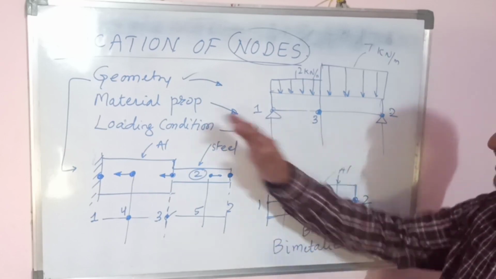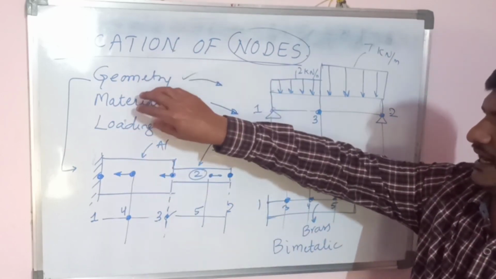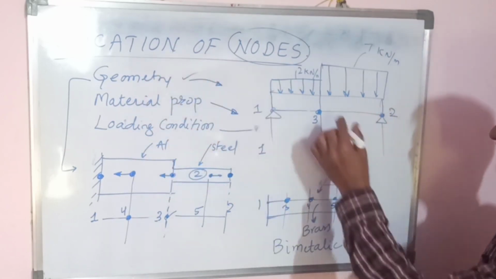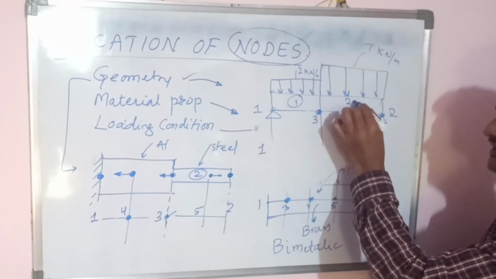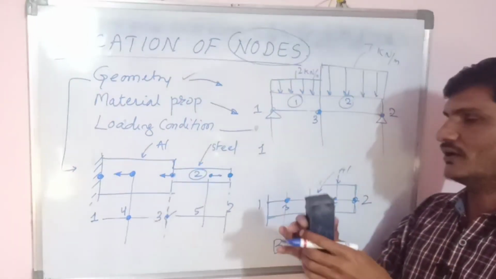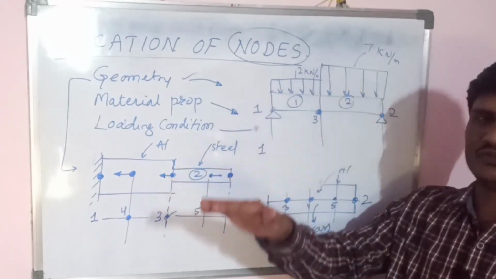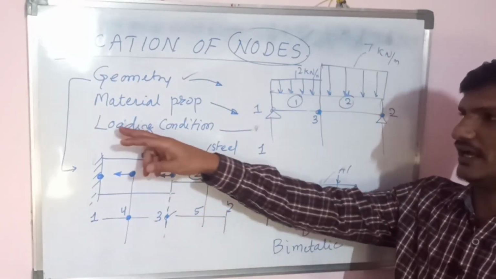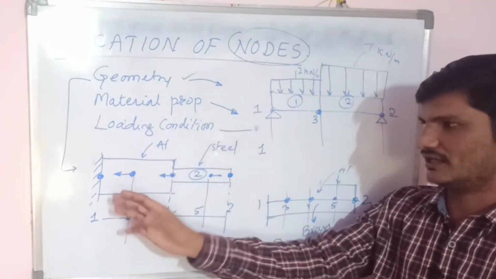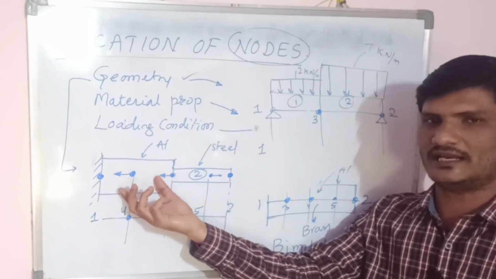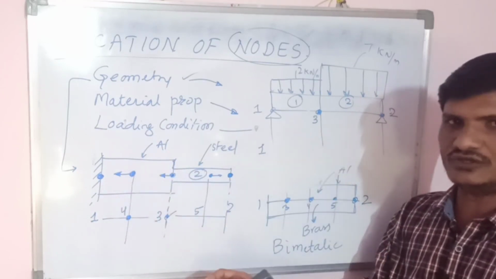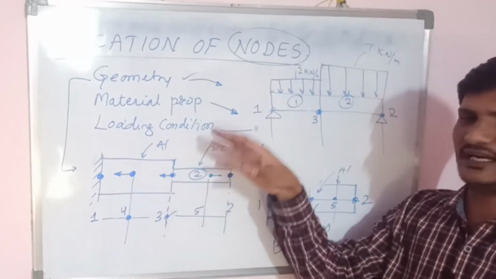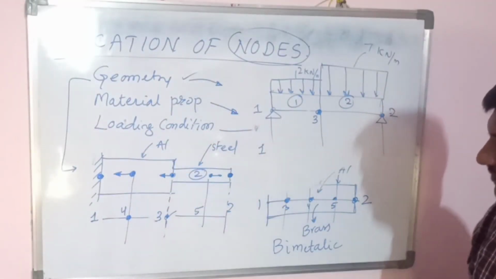So similarly you have to understand based on the geometry, and when the materials are changed, suppose sometimes there is one material and another material, when the materials change from element to element, there you have to consider nodes. Again the loading conditions may act at the middle of the element or at the nodes. There also you have to consider the node. And again